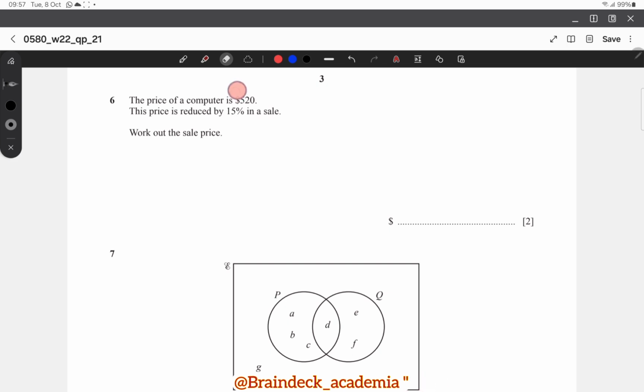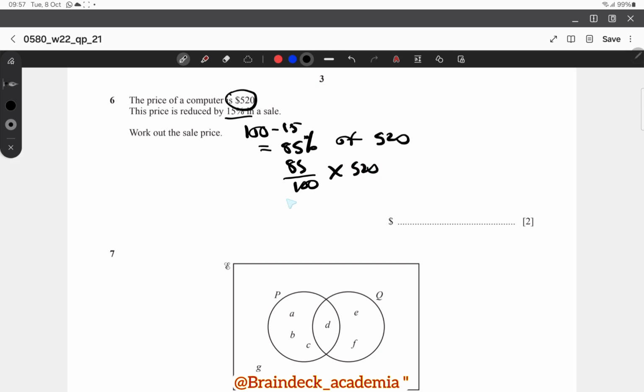So 15%, we know that this represents the total of 100%. Since it's reduced by 15%, that will just be 100 minus 15, that gives us 85%. So we'll find 85% of 520. That will be 85 over 100 times 520, that is 0.85 times 520, and that will give us $442,